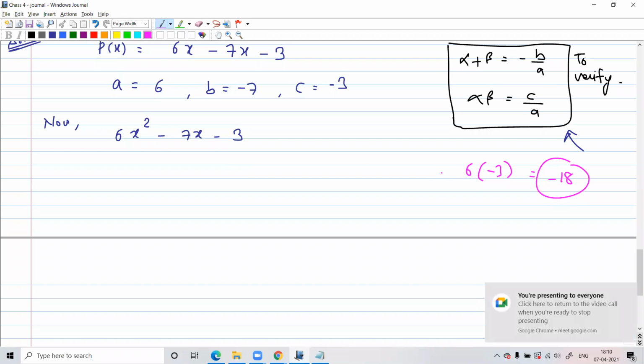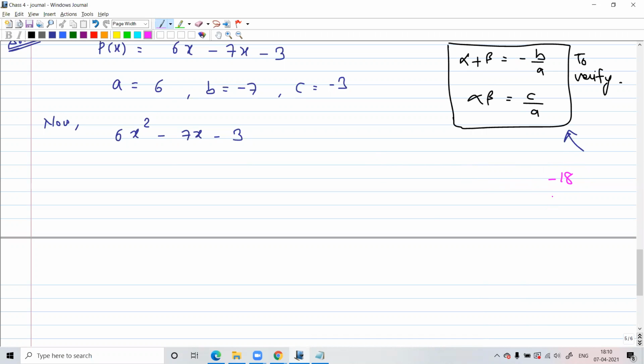Yeah, sorry about that. Okay, so what I was saying is you have to do the splitting of the middle term. And how did we learn it? We will try to find all the factors of it. 1 into 18 makes 18, 2 into 9 makes 18, and no need to go further; 3 into 6 also makes 18. But since we have to find 7 for addition and subtraction, this 2 and 9 is going to do the job for us. So which one should I take negative? 9 should be taken as negative and 2 should be taken as positive, only then I will get -7 over there. So I will have to split it up like